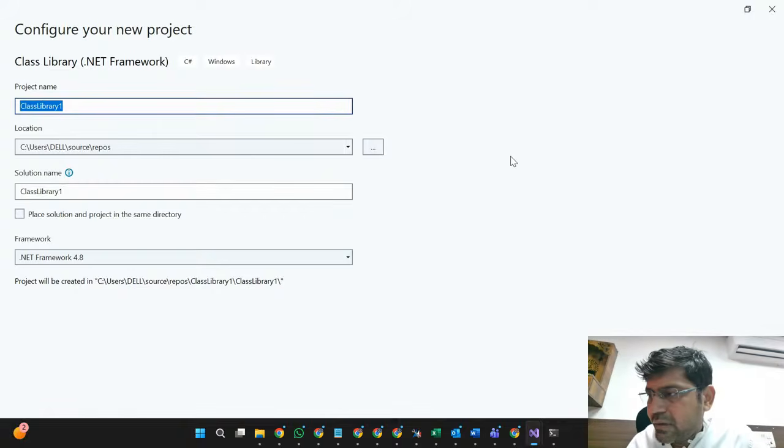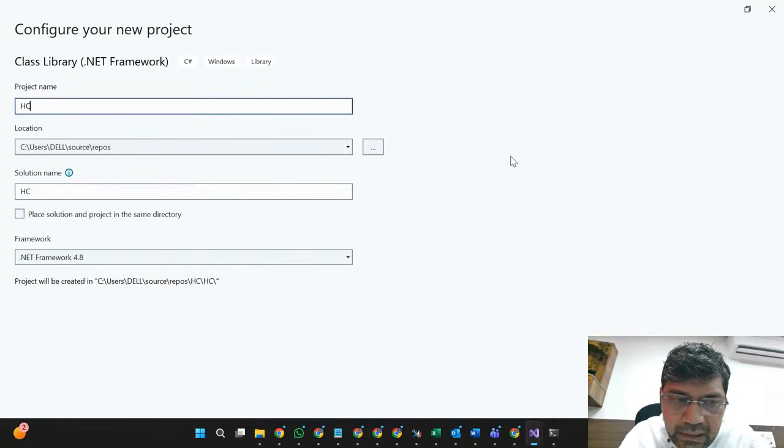Most organizations, suppose there is a company like HCL, have their own naming convention, so they may utilize it. They may utilize HCL dot here, or MSCRM dot.